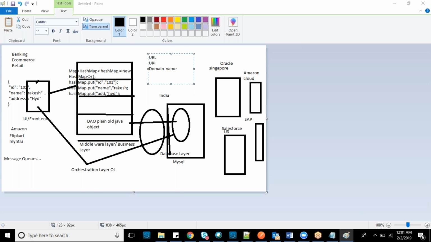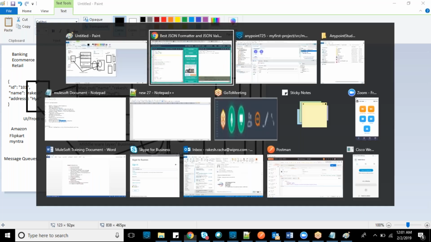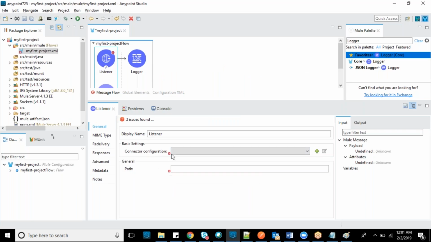Now here, whenever you double click on that, you will get to see connector configuration and path. Just click on this. Here you have a plus button. Nothing is configured. If you configure anything, you will get it in the drop down. Currently, we don't have anything. Just click on this.